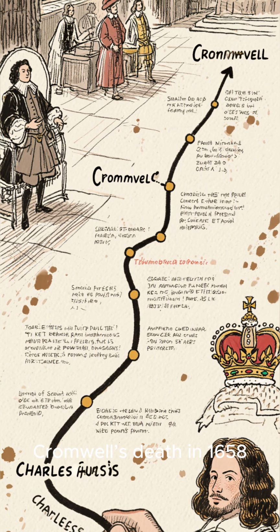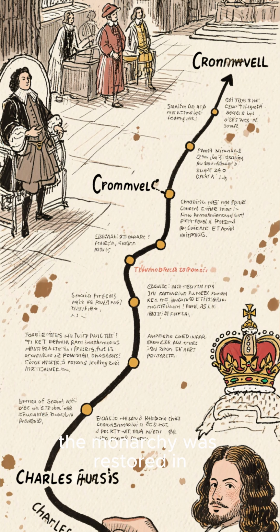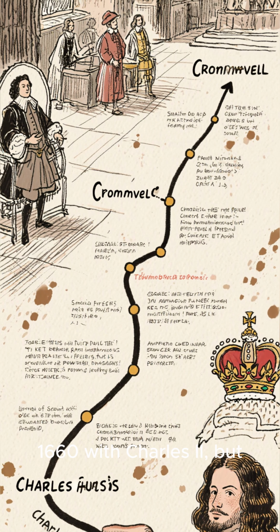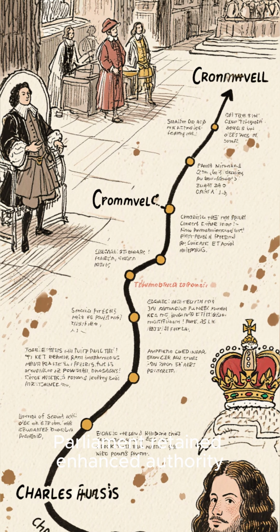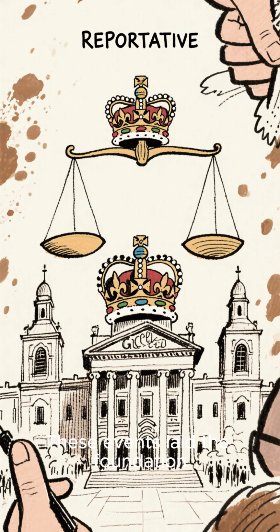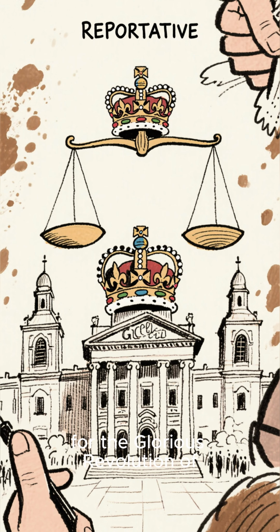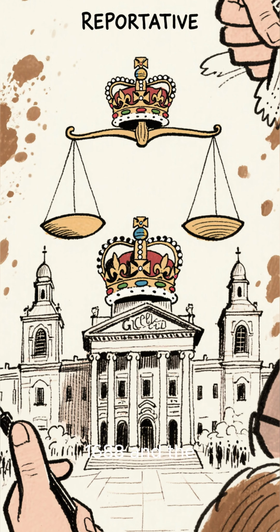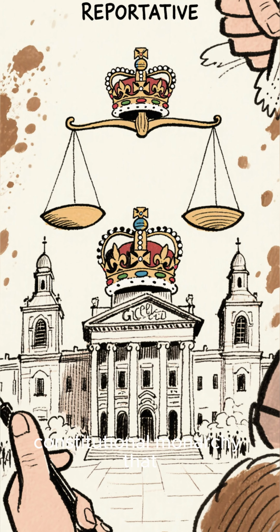After Cromwell's death in 1658, the monarchy was restored in 1660 with Charles II, but Parliament retained enhanced authority, including control over taxation and legislation. These events laid the foundation for the Glorious Revolution of 1688 and the development of a constitutional monarchy that balanced